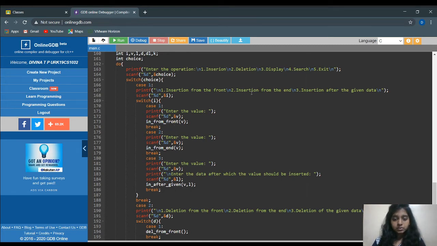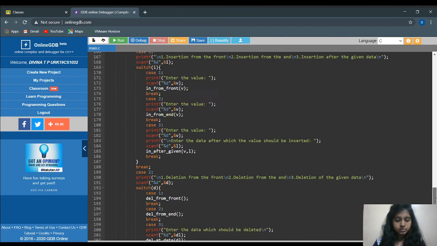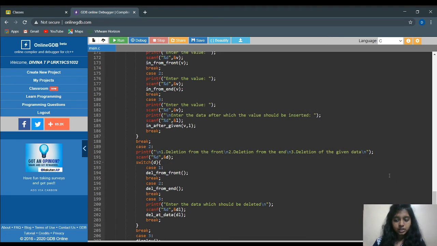If we give insert from the end, it will go to the void in from end function and execute that part. Or if we give insert after the given data, it will go to the void in after given function and make that function work.